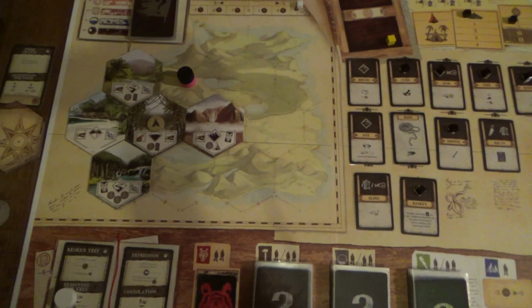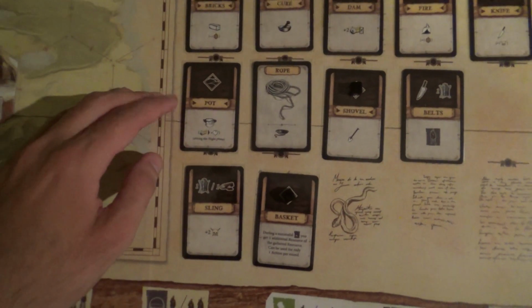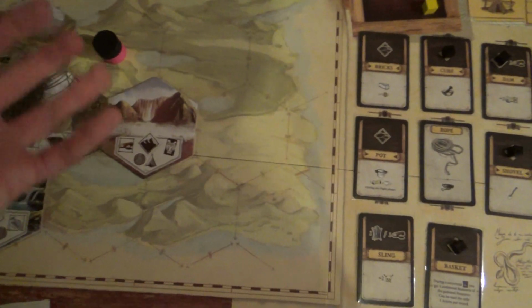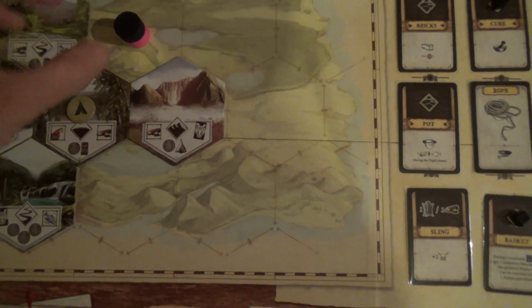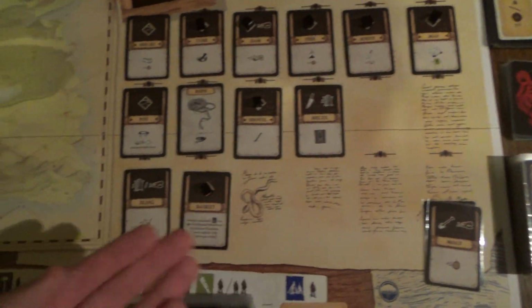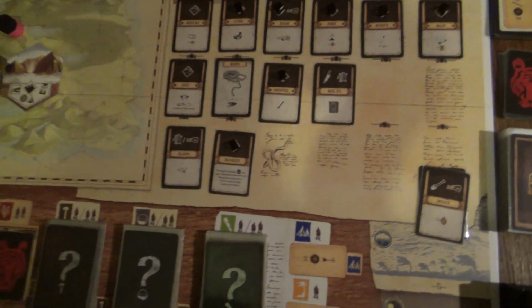Alright, well, I finally decided what to do. I do want to get the pot, so I think getting hills here is pretty important, so I will be doing that. I will take one of my actions to explore with the dog, successfully explore up here. The knife and the sling, the other weapon here,